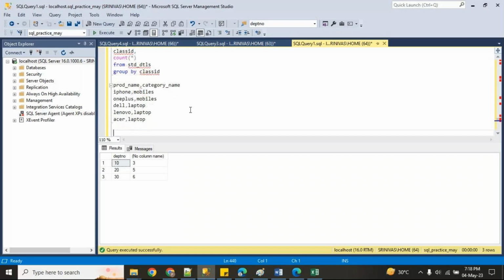Consider I have data like this. These two are column names. These are all the records. Now I want to know, each category wise, total how many products are there? Total how many products are there? So simply